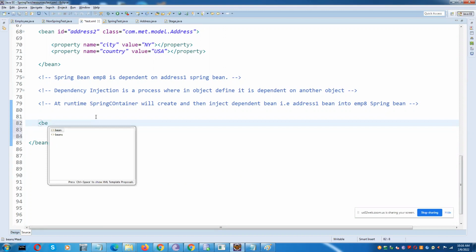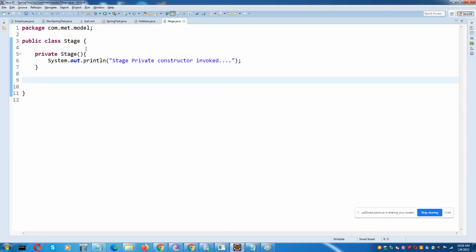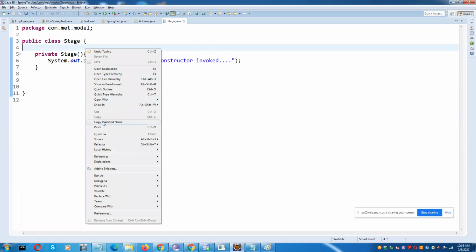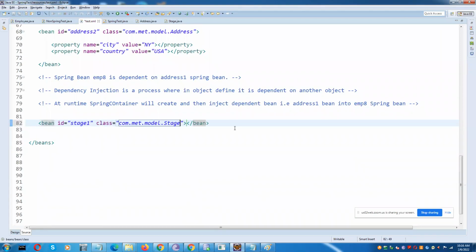I'll write bean id equals to stage 1, class equals to copy qualifier name. Okay, and then I will write